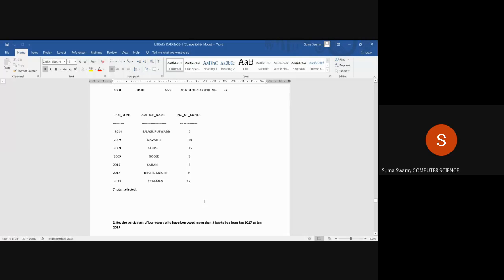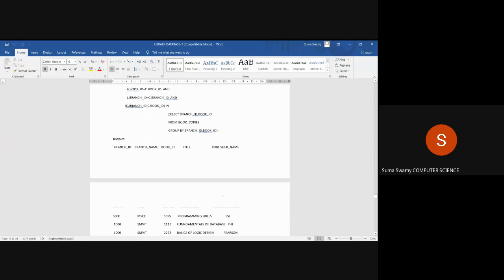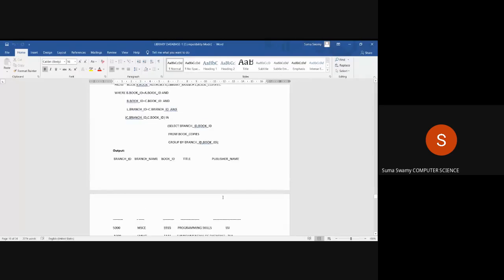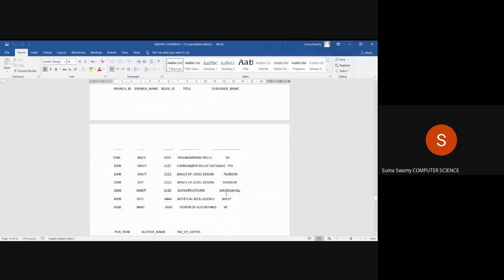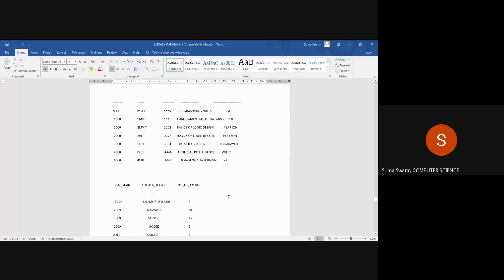What all attributes will be displayed? Because with respect to every program name, we want to display the program ID, book ID, title, publisher name, publication year, author name and number of copies. So with respect to every program name, the values are displayed. Okay?